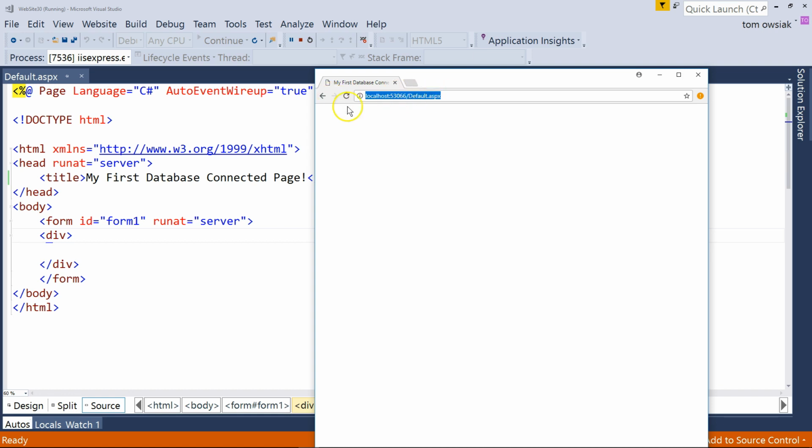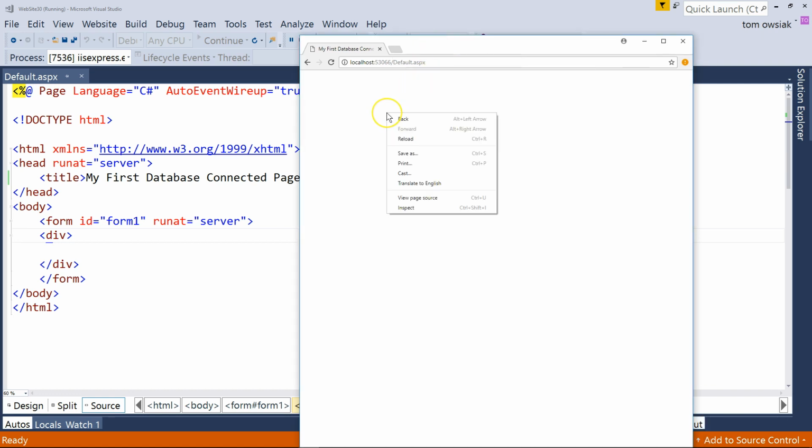Take a look at this other business. This is localhost. That means your computer that you are using, colon, and then 53066. That 53066 is the logical software port where the browser went to reach the page. And then default.aspx, you've got the name of the page with the extension on the page. And if you right click and you go to view page source,